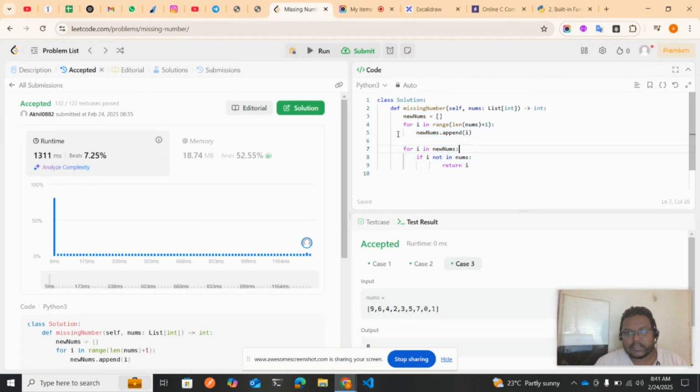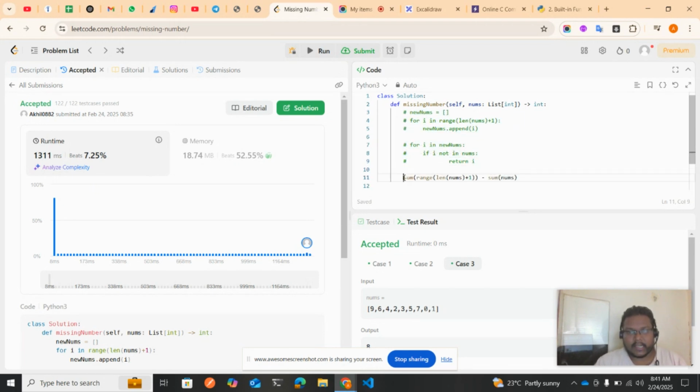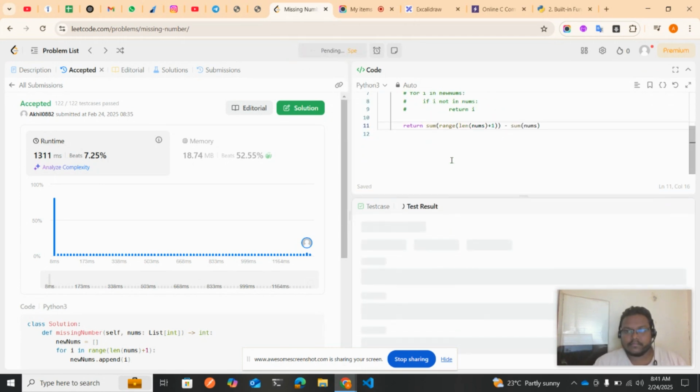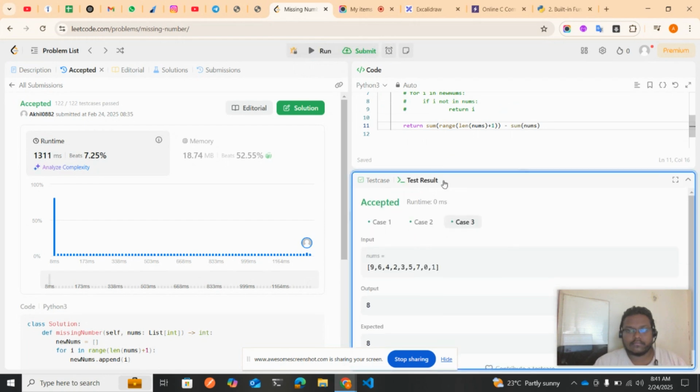Now what I'll do is remove this code and give this code, and before that I'll put return, because that's the value that I need to return. And if I click on run, accepted, all accepted. And if I click on submit,